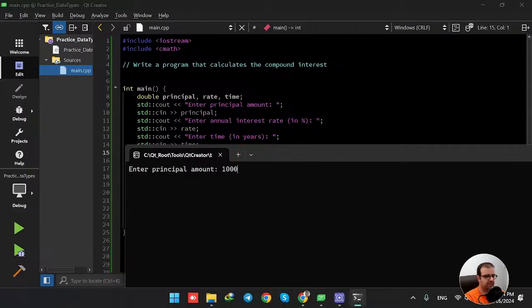I would say, for example, 1000. Then enter annual interest rate. I would say, for example, 4.5%. And then enter the number of years. So I'm going to get a mortgage, for example, from the bank, and I'm going to get $1,000 from the